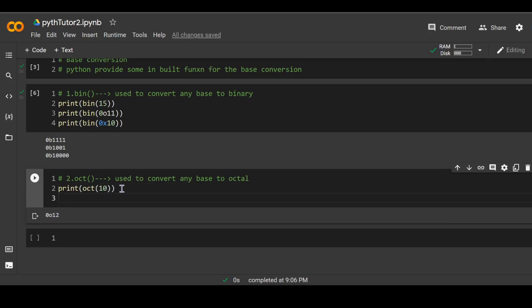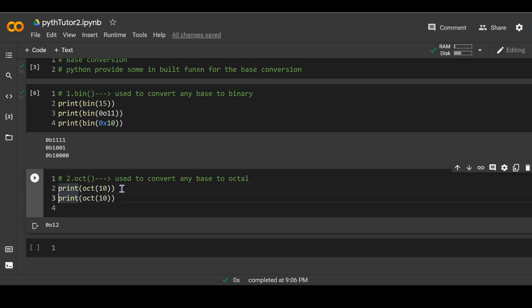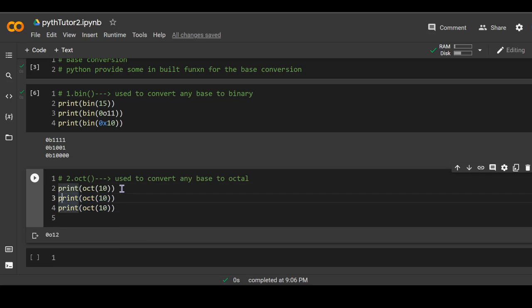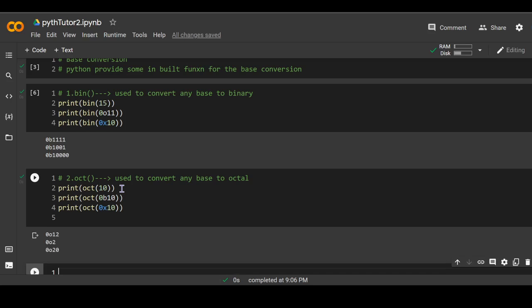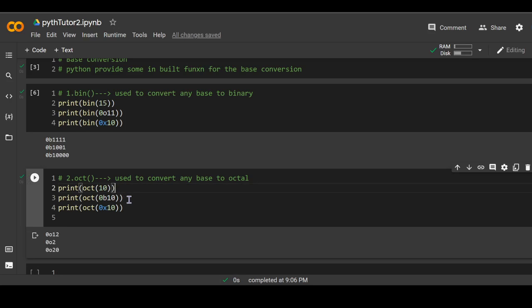Similarly, let's take binary, 0b, and let's take hexadecimal, 0x. Let's print it. So this one is decimal, this one is binary, this one is hexadecimal.